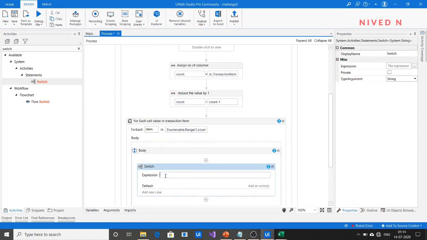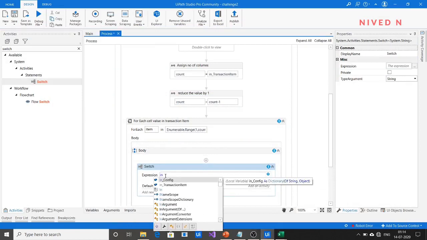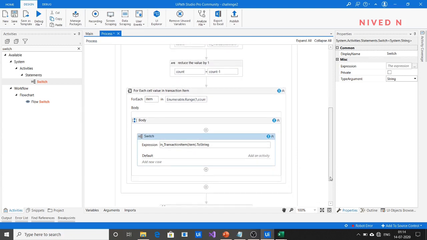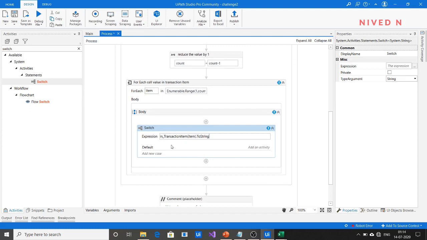For that you have to provide the condition like this: transaction item of item dot to string. It represents each cell value of the corresponding data row. Now you have to provide the case. The first case is when this value is equal to present.